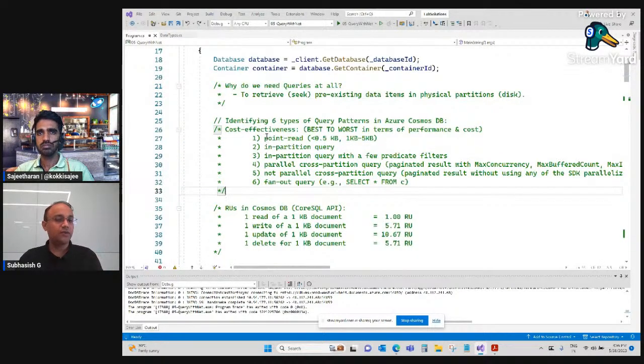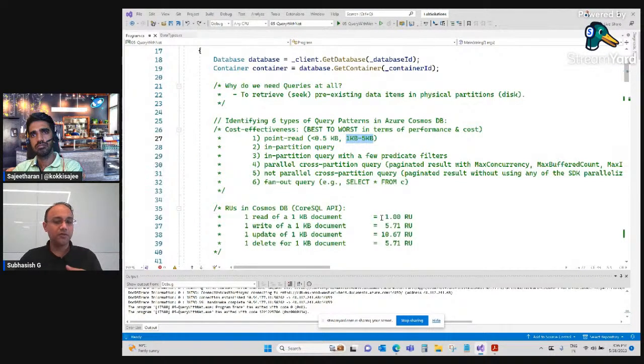Just to cover these, point read is a point lookup, which is the most efficient in terms of price to performance ratio, and is highly recommended by Cosmos. If you have point read operations, you will always see in action that it's always better than having just a query. Ideally, again we'll look at the nature of the point read, but best is if it's less than 1 KB size, or 0.5 or 1 KB. 1 to 5 KB is nominally okay. Anything above 10 KB, 50 KB, you should completely avoid and try to optimize,